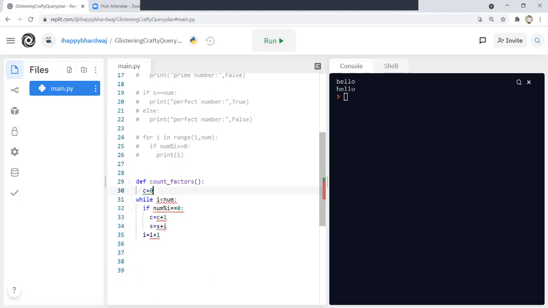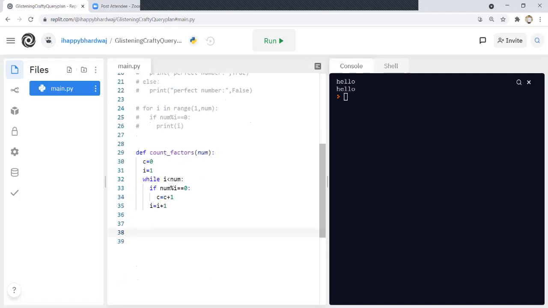Also, you need to write everything with indentation. In this function, I'm going to pass the value num, so this num value will be passed inside the function. I need to create i equal to 1 also. Let me remove this sum from here. Now I created a function count_factors, and in the end I can print c.